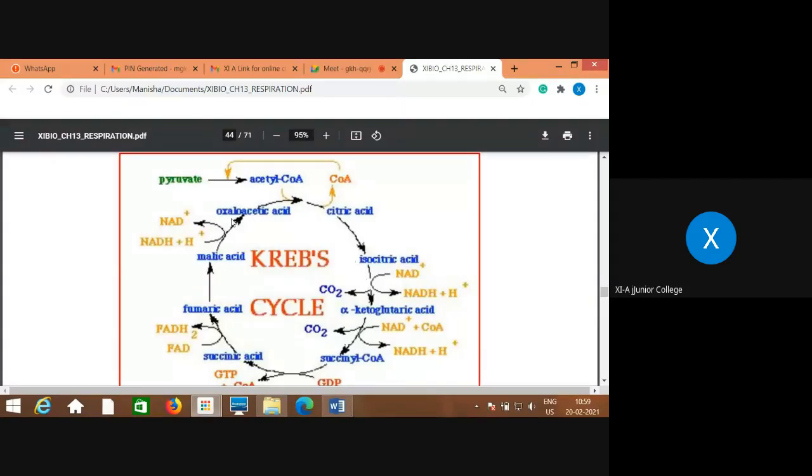So in this Krebs cycle, in the simplest form, directly you can't show it starting from acetyl coenzyme A, but this step is very important, that is called the connecting link. That means pyruvate to acetyl coenzyme A with oxidative decarboxylation. And then this acetyl coenzyme A enters the Krebs cycle, combines with oxaloacetic acid, and then forms citric acid, that is the 6-carbon compound. This oxaloacetic acid is a 4-carbon compound. So acetyl coenzyme A is the 2-carbon compound.